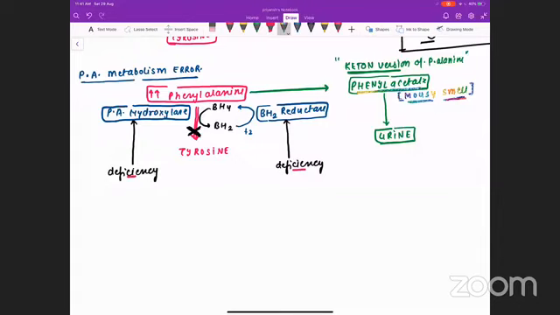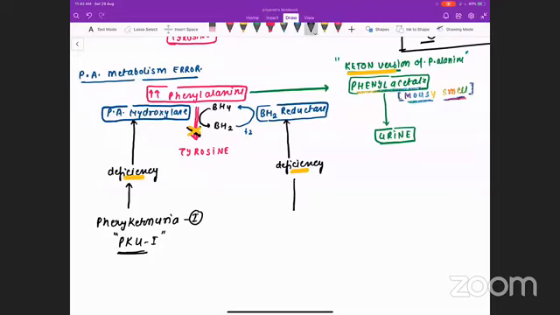So the point that I want to convey to you is, if there is deficiency of either of the enzymes, hydroxylase or reductase, the reaction is not going to occur and the ketone version is going to come into the urine. If the ketone version of phenylalanine comes into the urine, that is called phenylketonuria. So the deficiency of phenylalanine hydroxylase, if it leads to phenylketonuria, that is called phenylketonuria type 1. In short, it is written as PKU type 1.